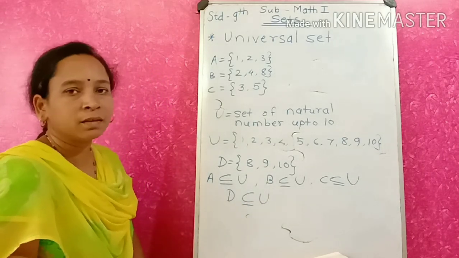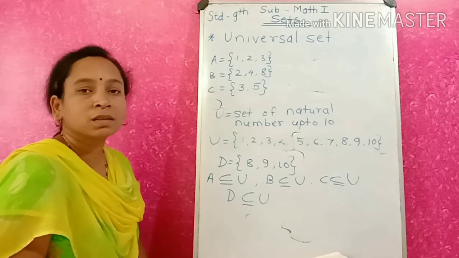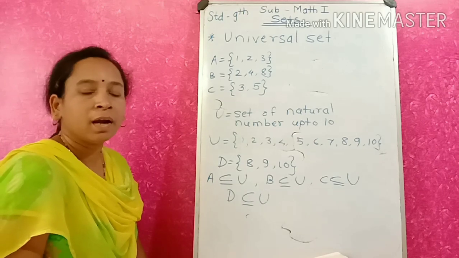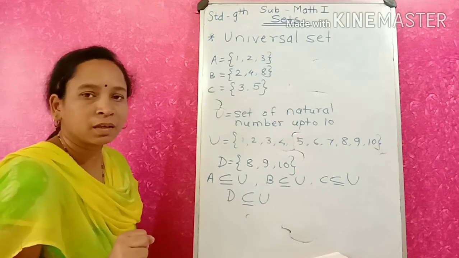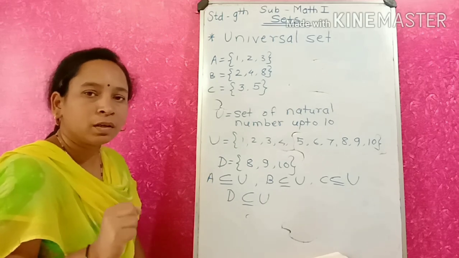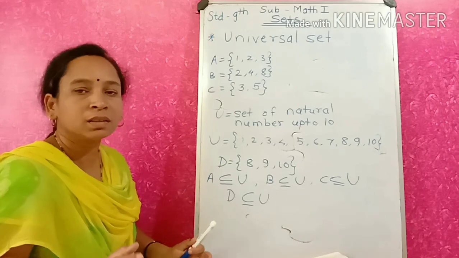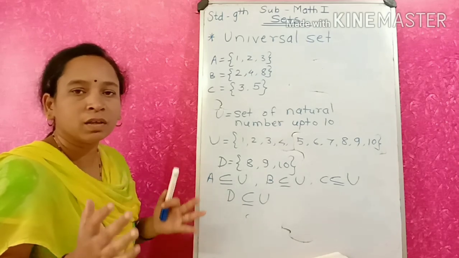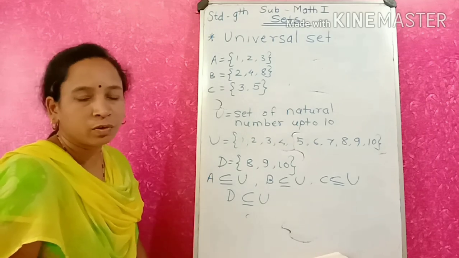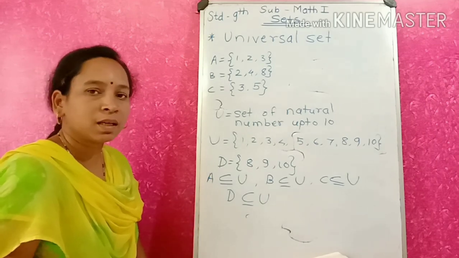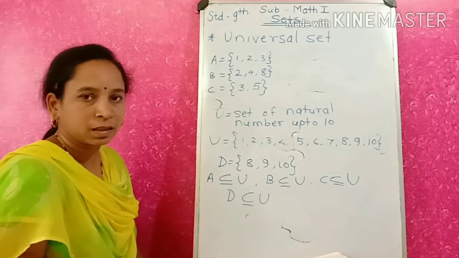For the universal set, we are going to consider one more example. For example, if the strength of a class is 50 and among these I have chosen the students who like cricket, those are 20. So here I can say that these 20 I have selected from the bigger set, the strength of the class. So this strength of the class, that means 50, would be the universal set. This is an example of a universal set. Now we will go for the next set.